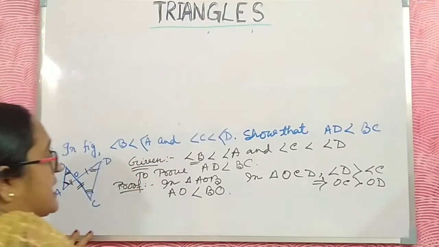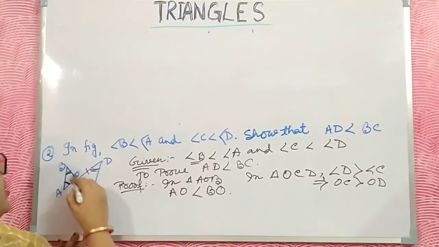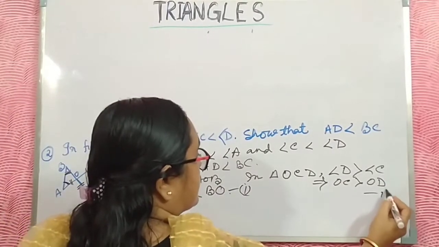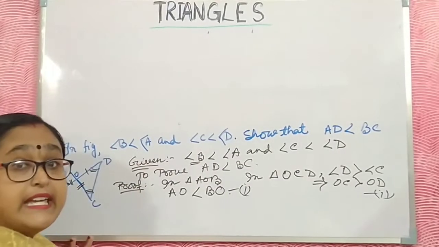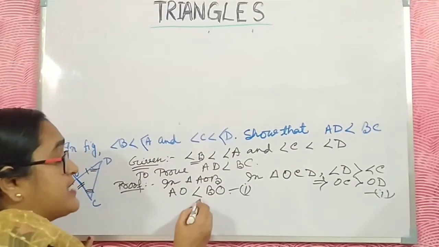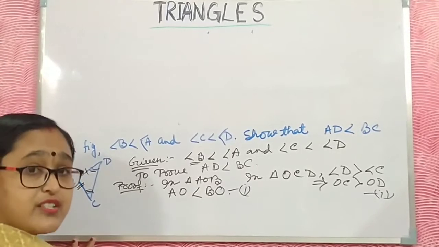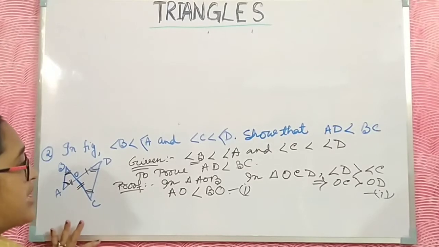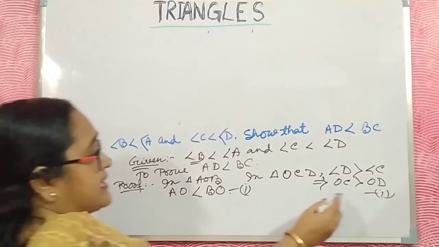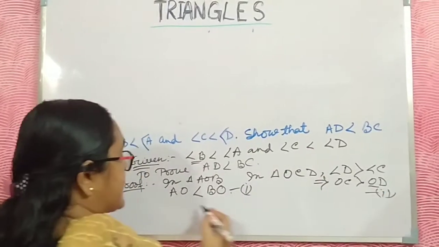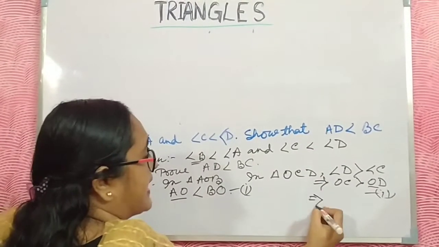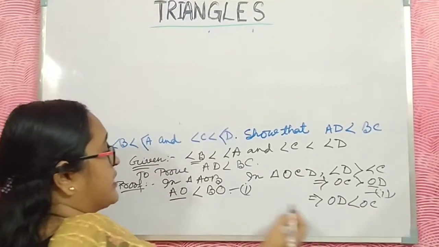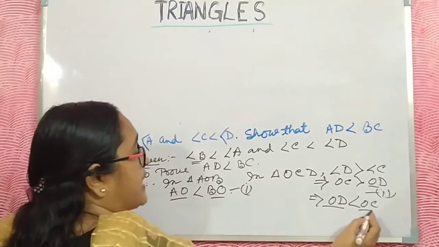Okay, now I just do the addition of the two. This is inequation number 1 and this is inequation number 2. Why do I use the word inequation? Inequation means here I don't give the equality sign. That's why I say this is an inequation. I just do the addition of the inequations. You can write this one also, OD less than OC, and just do the addition of AO and OD and the addition of OB and OC.